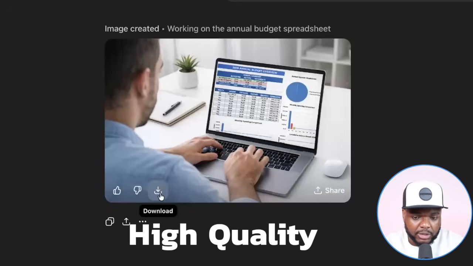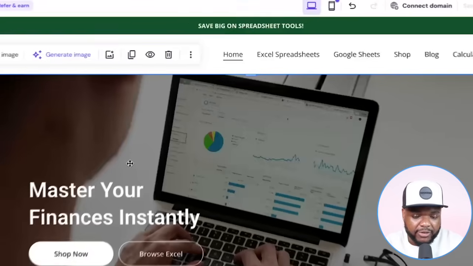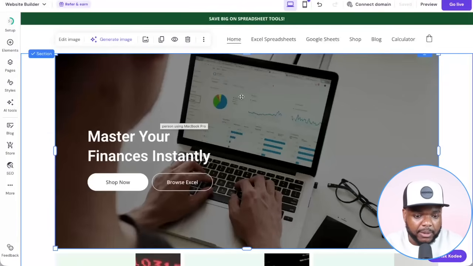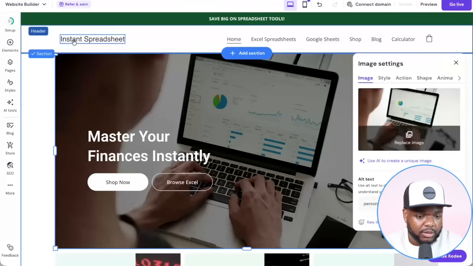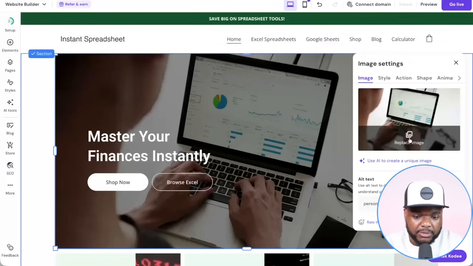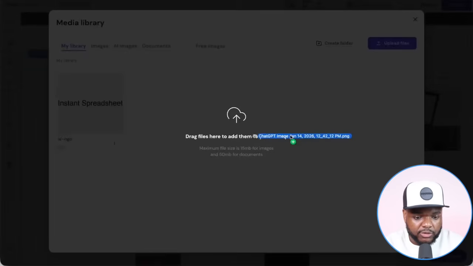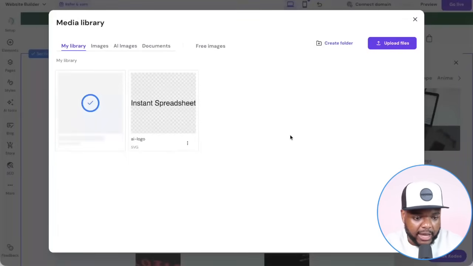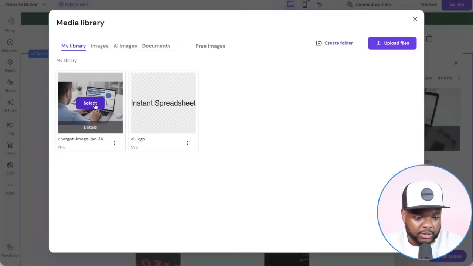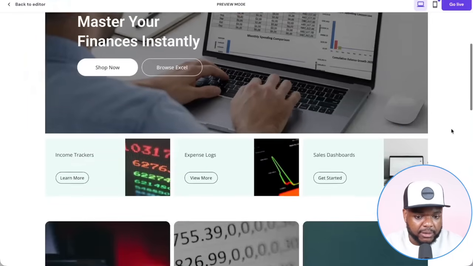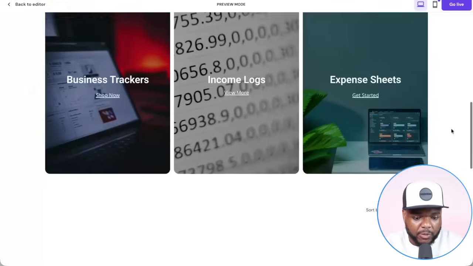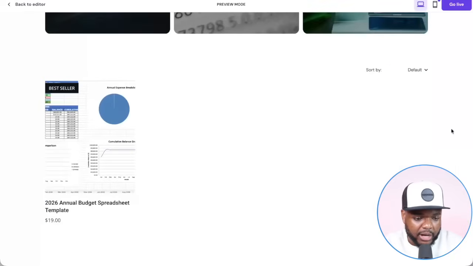So you're going to be able to click on download just like this. And if I wanted to now use this on my website, I'm going to be able to do so if I just click on edit image, click on replace image. All I need to do is just drag and drop the image in there just like that. Click on select, and there we go. Just like that, the image has now been updated on my website for me to use without having to pay